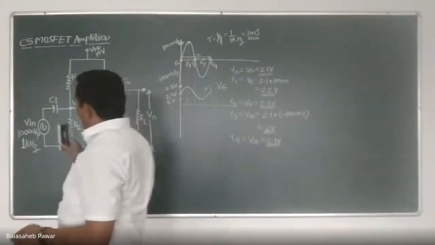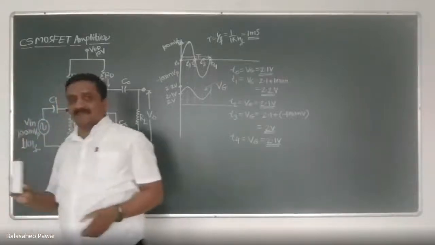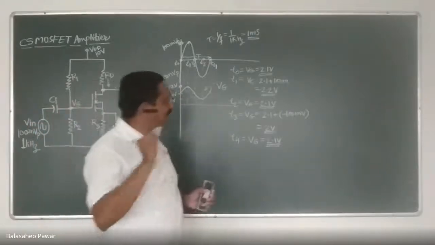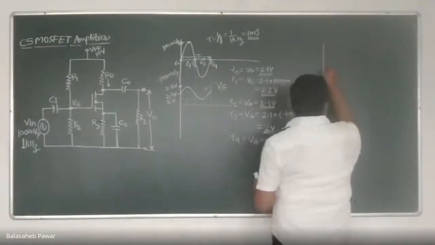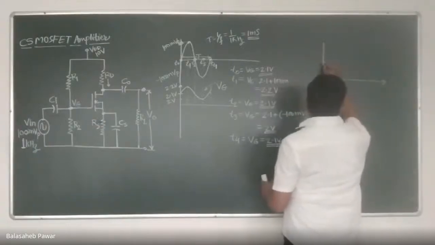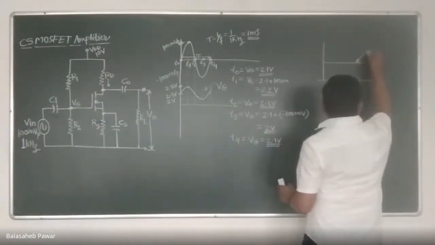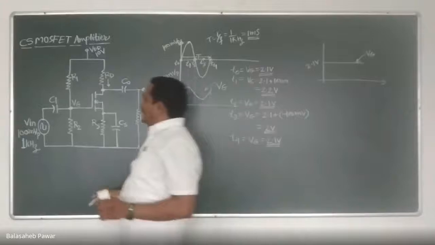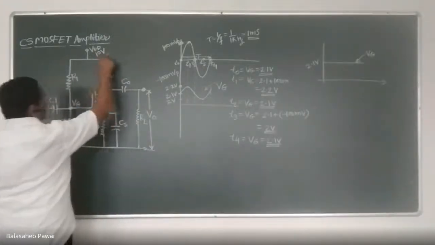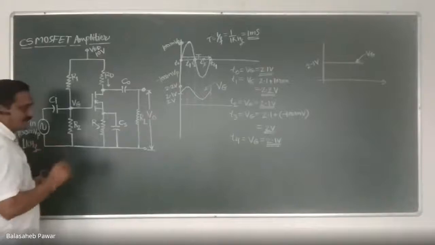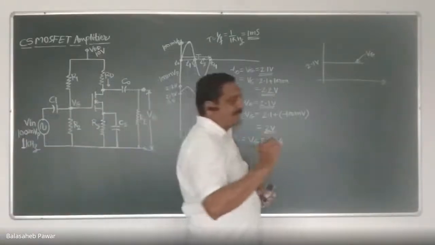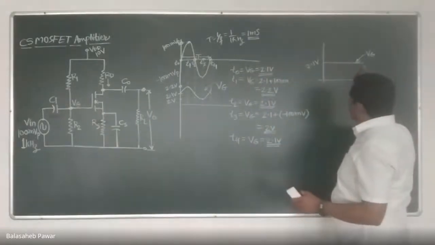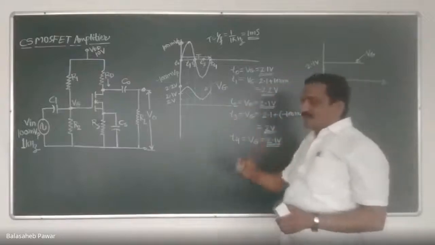Whenever there is no input signal, what will be the nature of VG? It will remain a straight line of how much amplitude? That is 2.1. In the absence of input signal, this is the waveform for VG. This is your 2.1, and it will remain constant. Why will it remain constant? Because for that 2.1, the source is VDD, which is a constant 10 volt. R1 and R2 are also constant. And that's why the voltage drop across R2, that is the node voltage, as per the voltage divider rule, will remain constant.